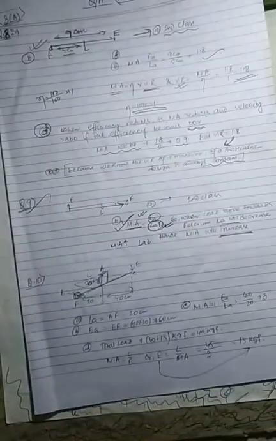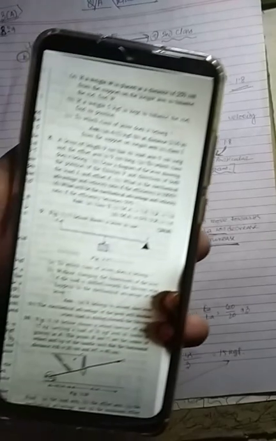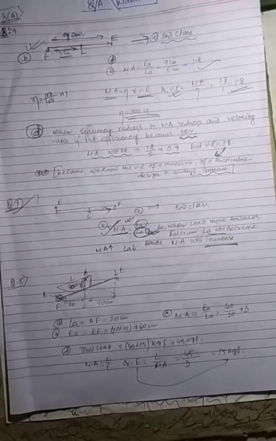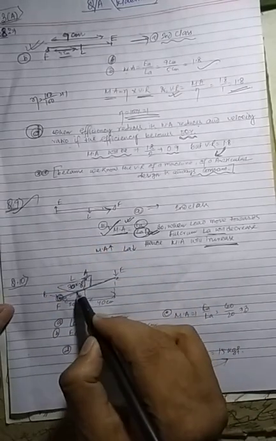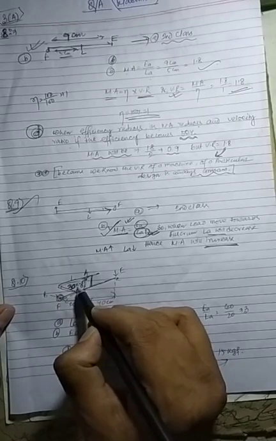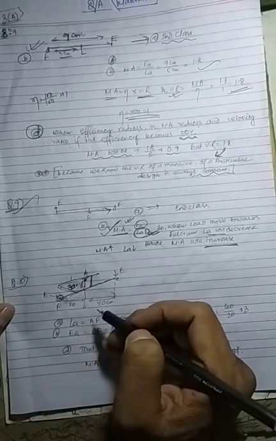So now move to the next question, question number 10. Here is the question. Once you open the book, I am just reading. It says that a wheelbarrow is also a second class lever, with the load in the middle. Here is the load. The load is 30 kgf. The value has been given, and A is the middle point.